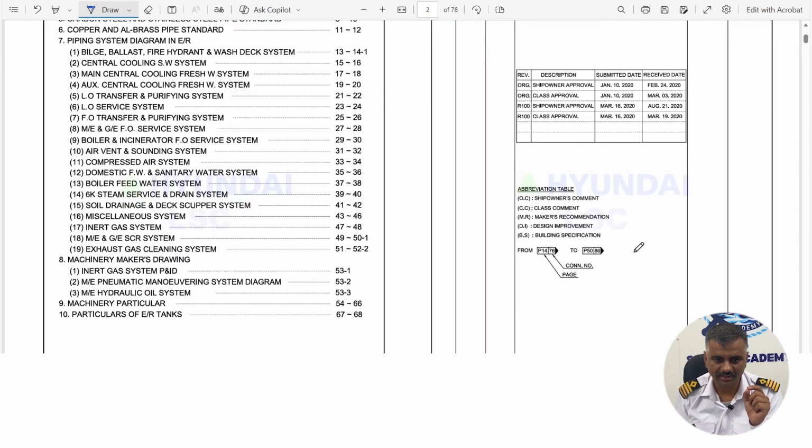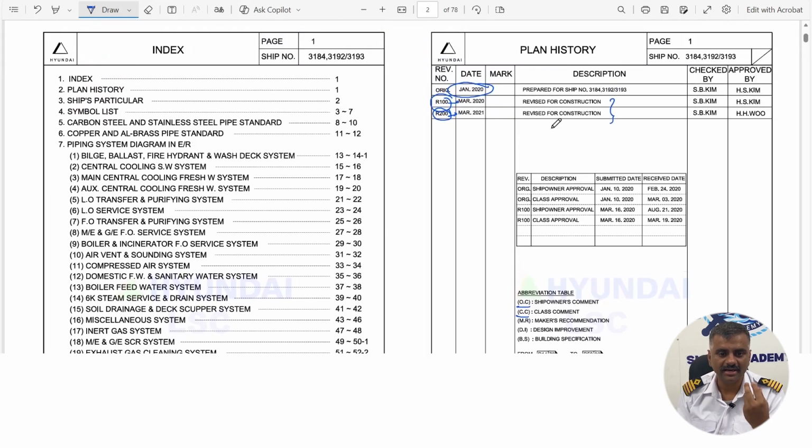Okay, abbreviation table, if you see, OC is for ship owner's comment. Okay, owner's comment. CC is for class comment. Okay, so how does a diagram come into picture? An engine room pipeline is approved. A ship owner applies for the pipeline diagrams with the class. Okay, the yard gives the diagram to the owner, the owner applies to the classification society, which approves the diagram as per the rules and regulations of the SOLAS and MARPOL norms and the other norms that the class rules apply to, and as per those rules the